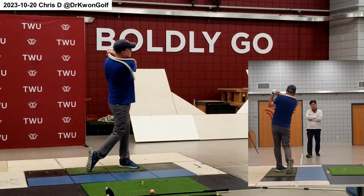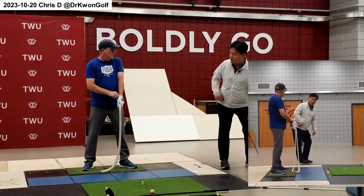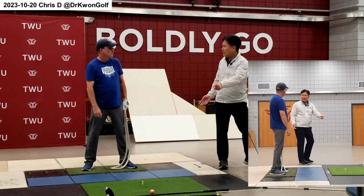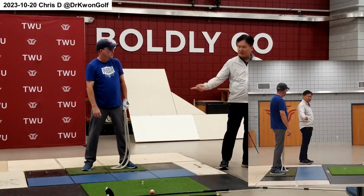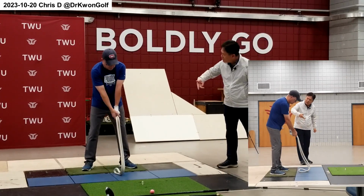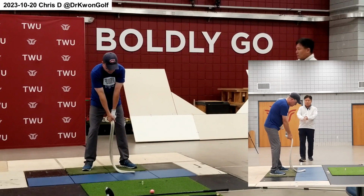So currently your swing plane is quite flat because you're keeping the leg straight, and then, in other words, the hip is moving backward quite a bit, and then your arm is down here, and then try to bring it up here. So it's flat. If it's a club, you can manipulate it. So you can find the plane, but with the rope, you cannot control this. In other words, you have to adjust the swing plane in the backswing, make it a bit stiffer, and also the key is